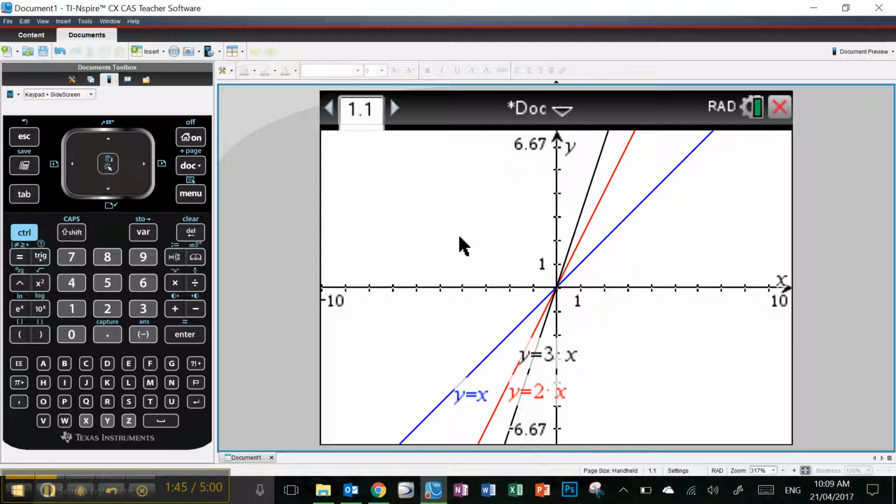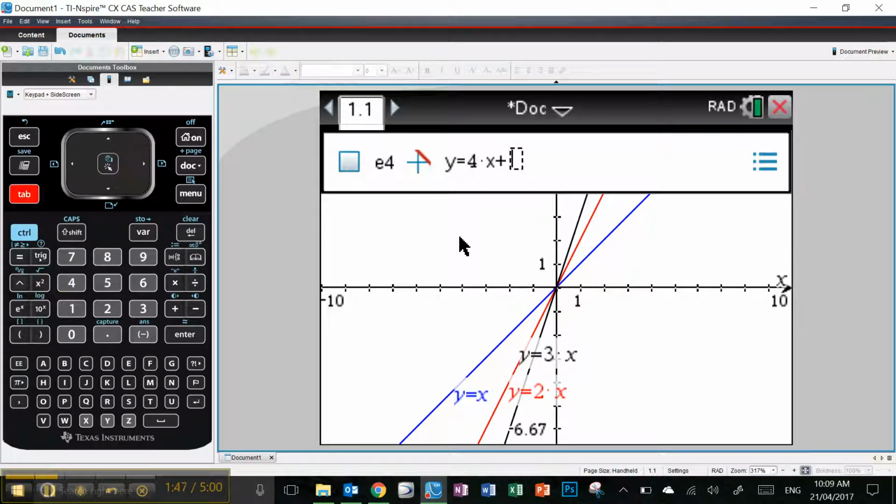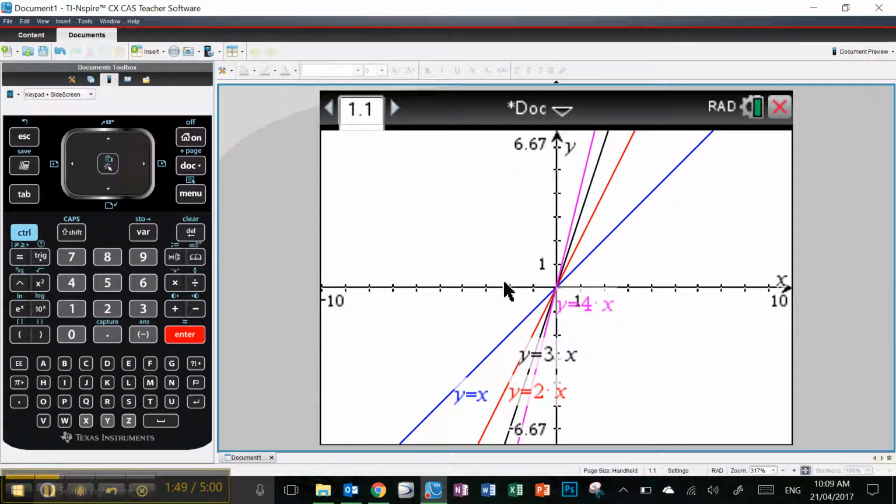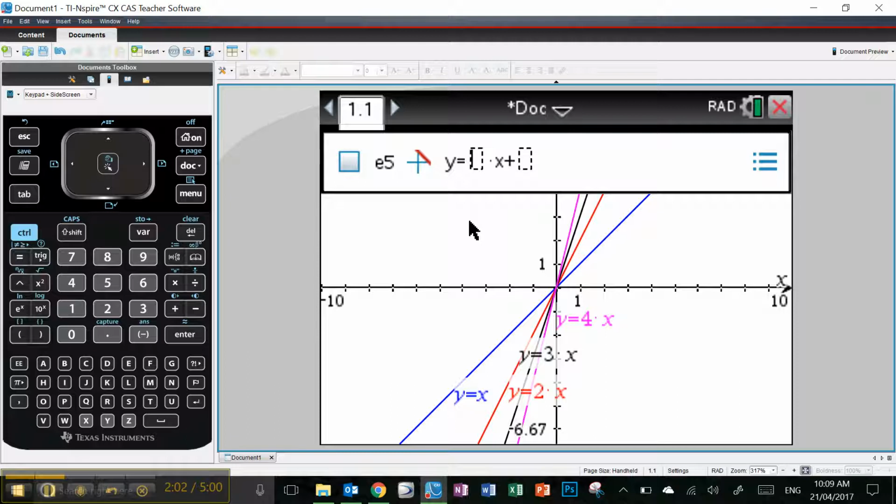Let's do that one more time and make it 4 and 0. It's got steeper again. Let's do the opposite though. Let's start with the gradient at 1 and let's go down towards 0. So let's go 0.5. So when the gradient is half, keep the y-intercept at 0, which will pass